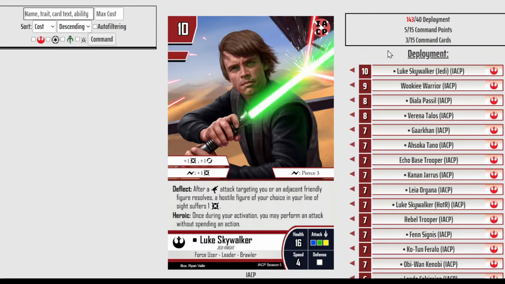So starting off with Luke Skywalker, as you can see here. Luke Skywalker has not changed at all, other than he has gone down from 12 points to 10. He originally actually dropped from 12 to 11 for quite a while. Then in Season 5, we tried dropping him down to 10, and that felt a lot better. For those that remember him being strong in the original game,